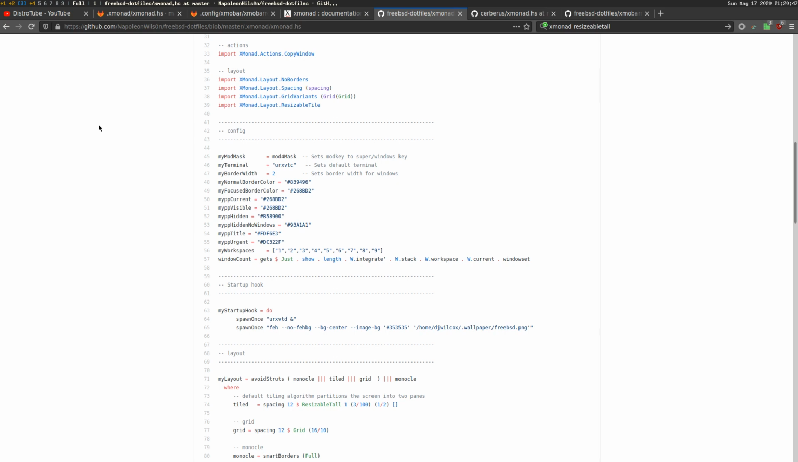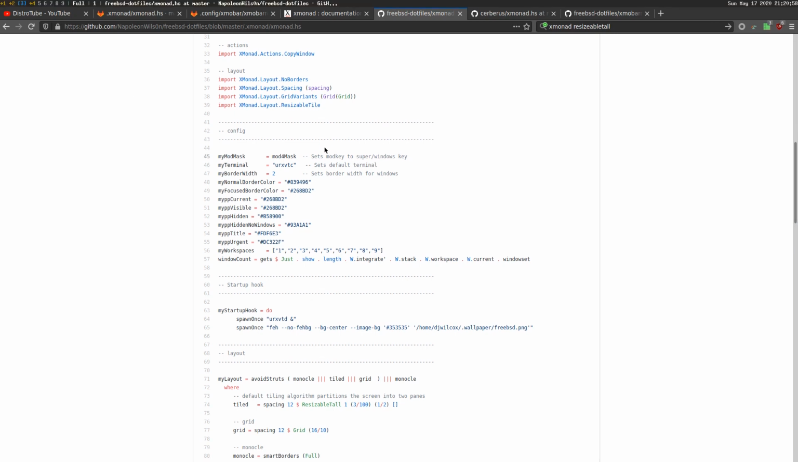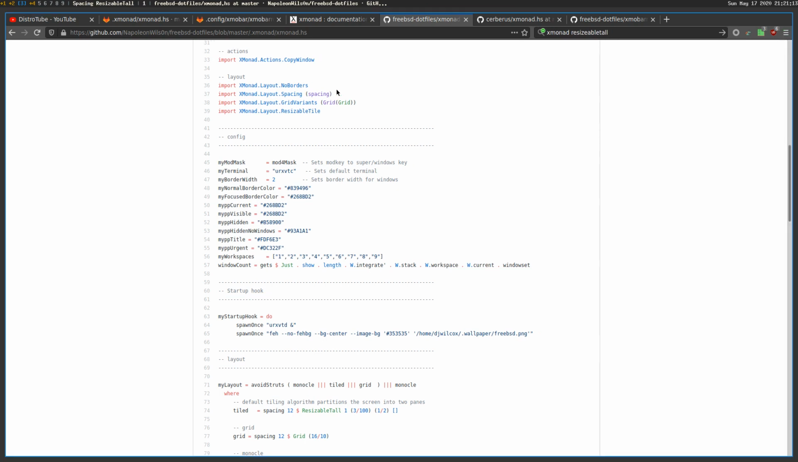Also, if this window was full screen like this and it was a video, I wouldn't want a border around this particular window. So that's why we import the no borders library. The next library I'm going to import is the spacing library, and that's basically if I switch to the tiling mode by pressing mod space, the spacing library is what allows me to create spaces